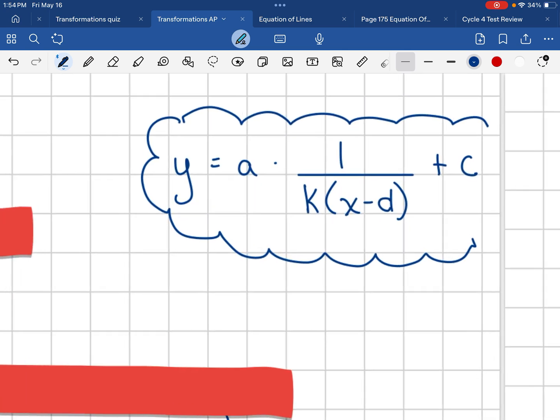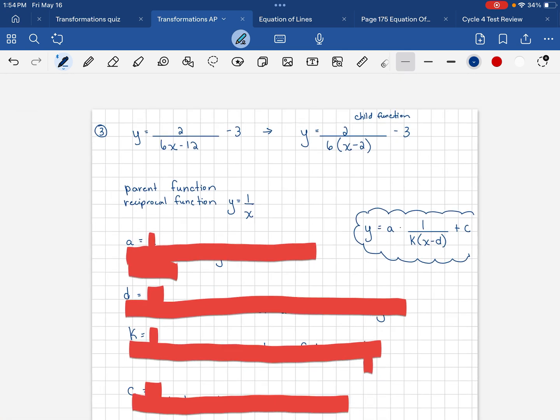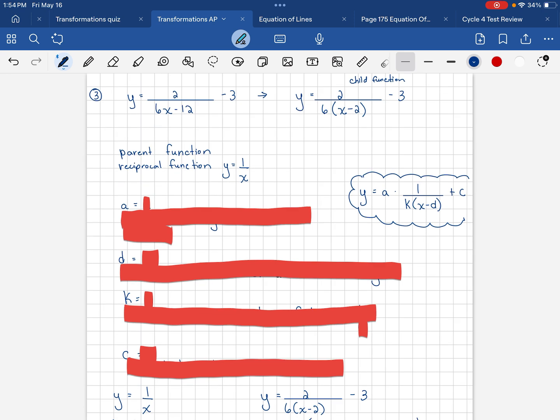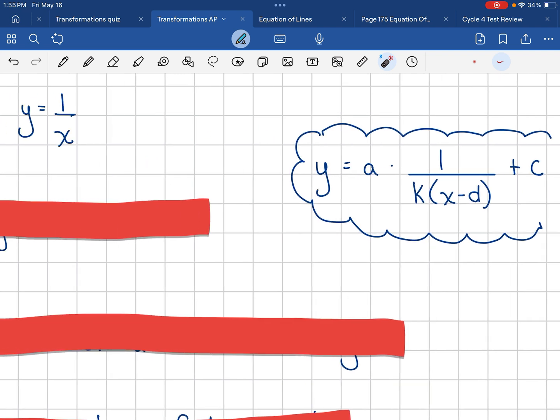So first, this equation that we're dealing with is going to be a reciprocal function because the original reciprocal function is 1 over x. Now, this has a fraction, so automatically it becomes your reciprocal function since your x is at the bottom. Now, the original equation with a reciprocal function in all its transformation looks like this, okay,